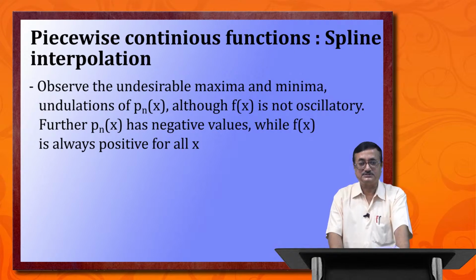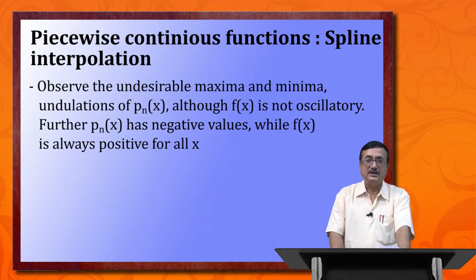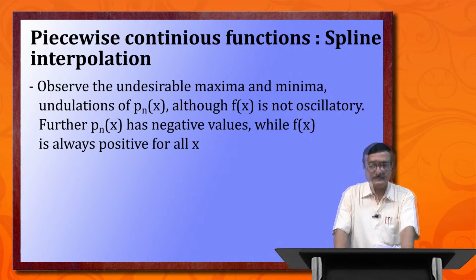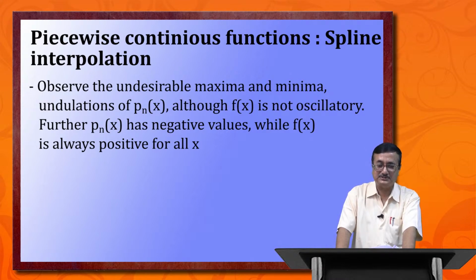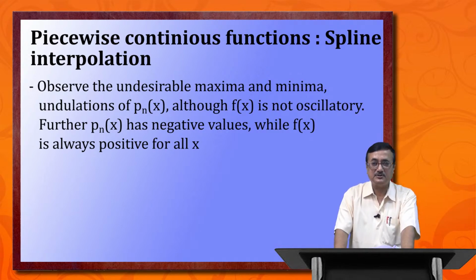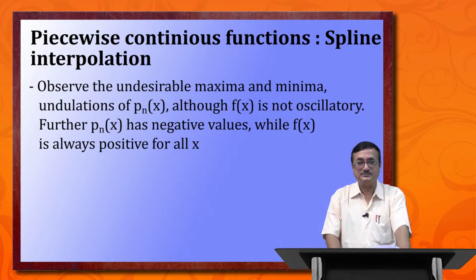You should observe that the interpolating curve has a number of undesirable ups and downs, maxima and minima, although the values are not very different from y is equal to fx, 1 by 1 plus x square, but so far as the slopes are concerned, they differ a lot from the original one. So although the curve fx is not oscillatory, the corresponding interpolating curve is oscillatory. Not only that, it also has some negative values, but fx is always positive, as is clear from the above